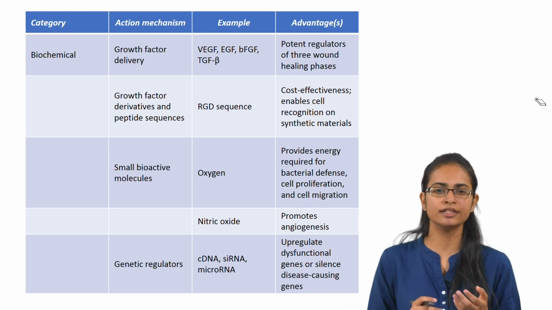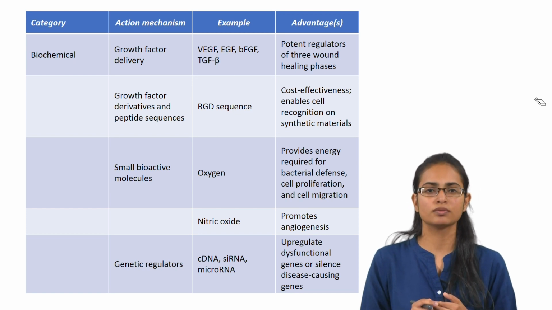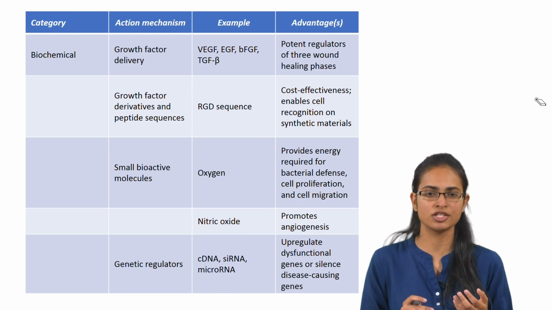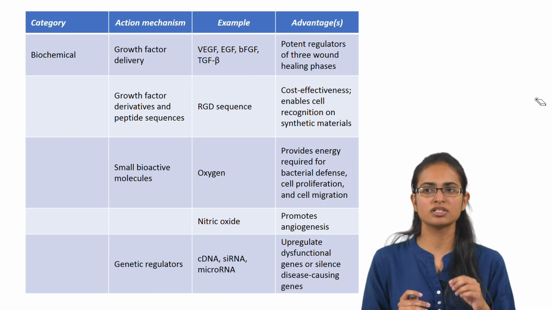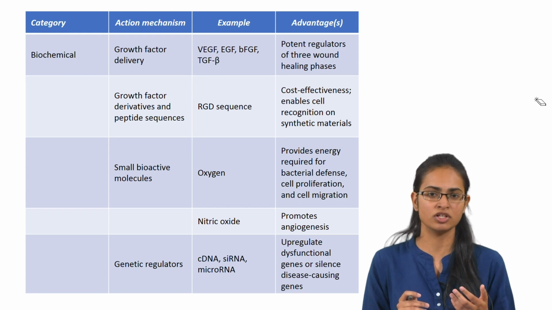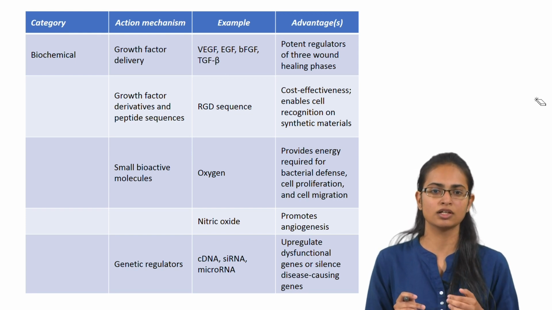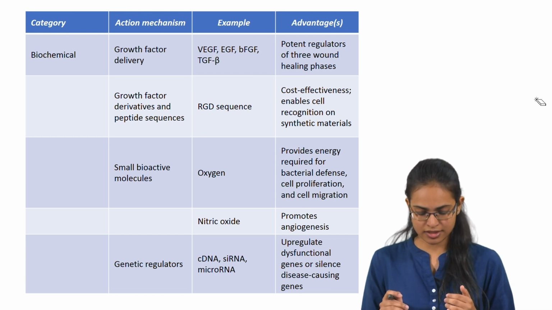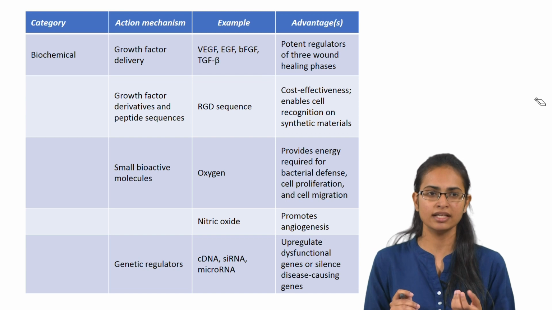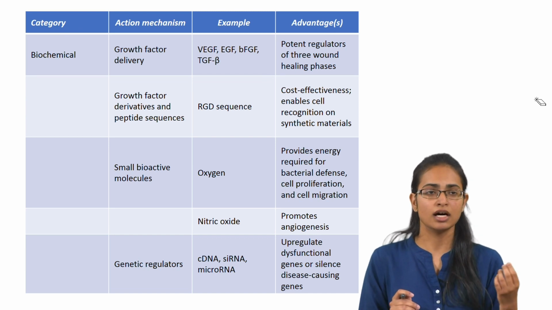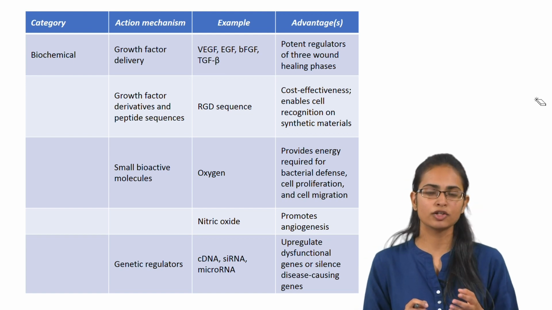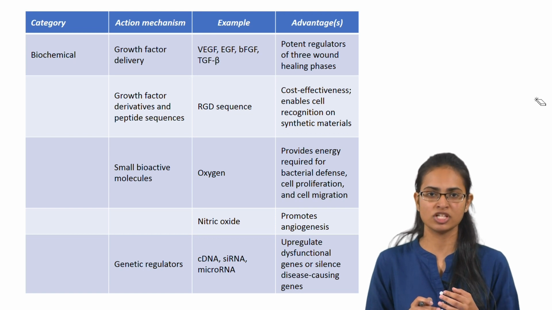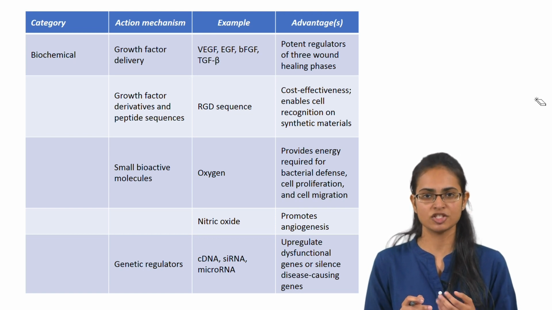Several small interfering RNA have been used. A small interfering RNA can cause silencing of disease causing genes by binding to the complementary sequences of the target mRNA. Several diseases such as skin fibrosis have been treated using small interfering RNA. Another set of gene regulators are microRNA. These are endogenously found repressors that bind to the 3' untranslated regions of the mRNA. These microRNA have also been used to regulate angiogenesis and are also involved in reepithelialization and tissue remodeling.